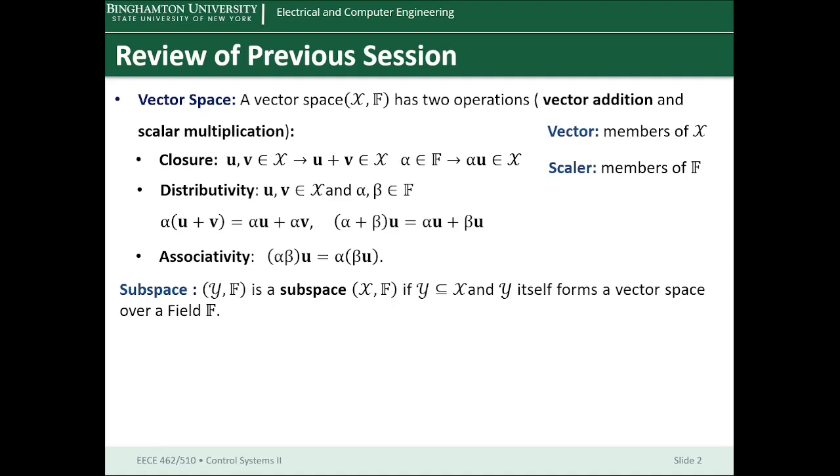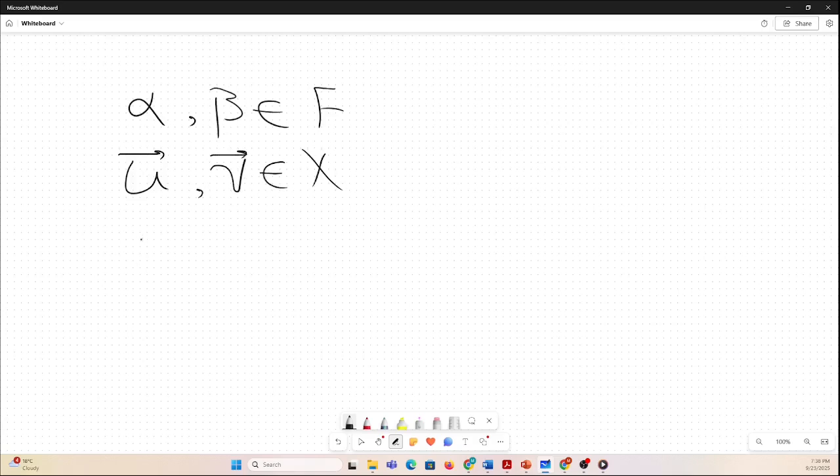A linear combination means creating a new vector by scaling some existing vectors and then adding them together. For instance, if we have two scalars alpha and beta in F and two vectors u and v in X, then we can form a new vector y